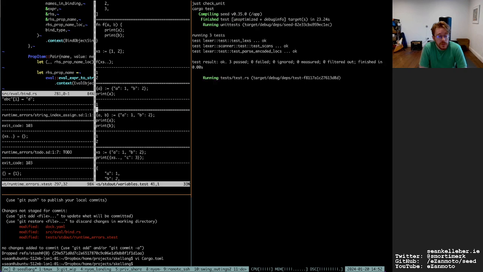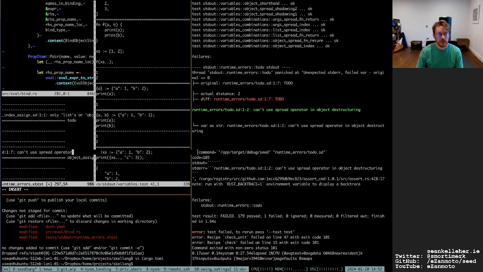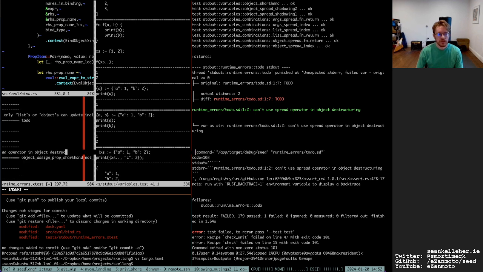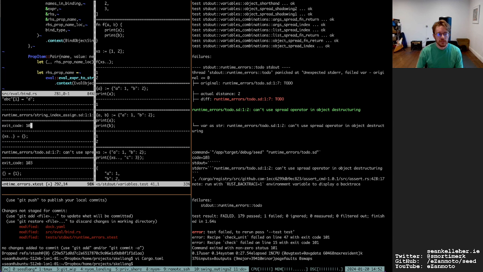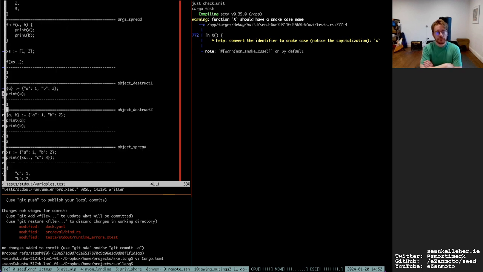But with that, that's not the feature quite complete, so can't use spread operator in object destructuring. And I'll rename that to capital X to make sure that it gets flagged in the output that I'm not meant to do that. And that'll be column 1, line 2.